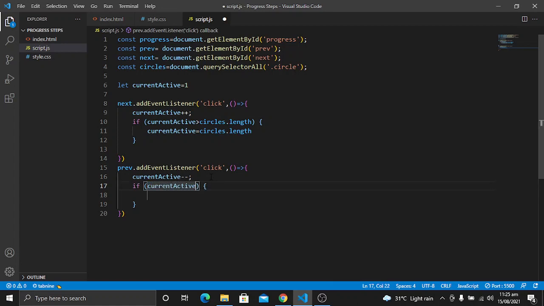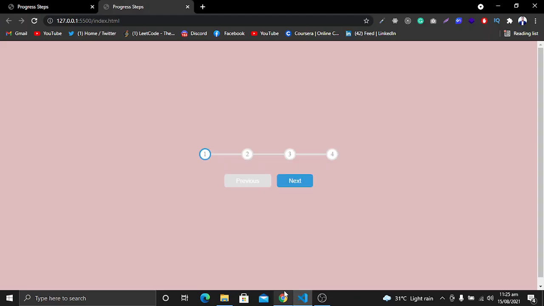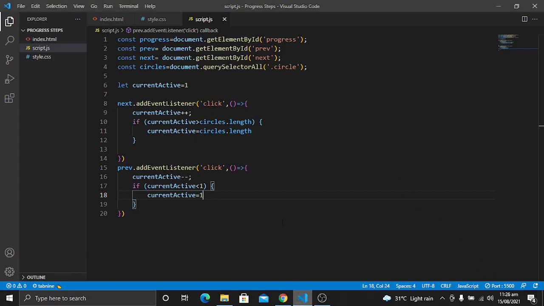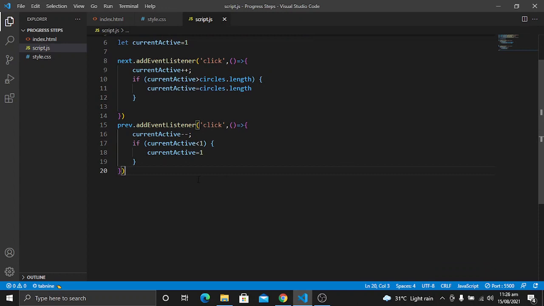Then it will set currentActive to 1. So let's save it. You will not see any changes right now, but you will see something later in the next few minutes.